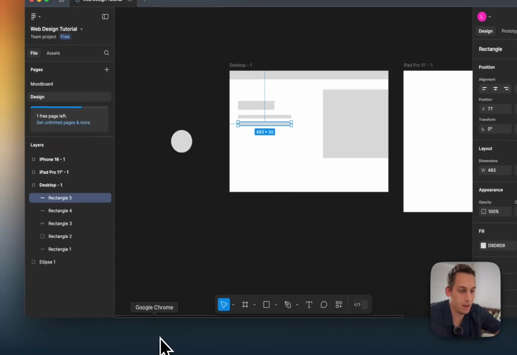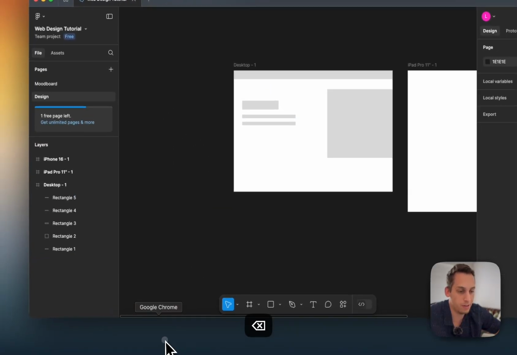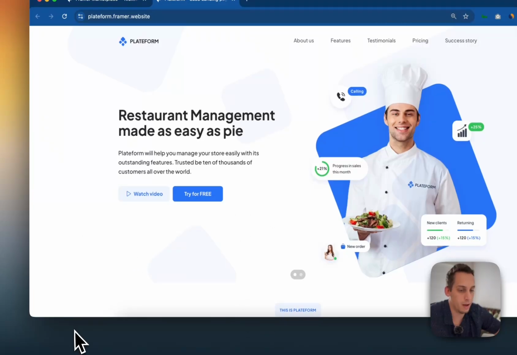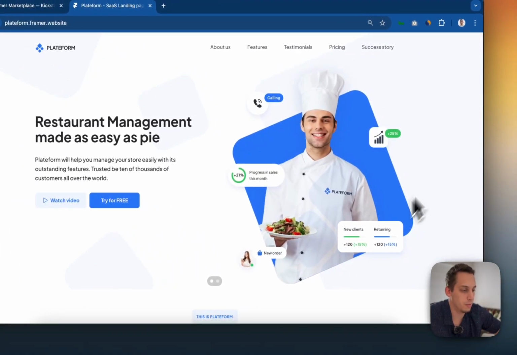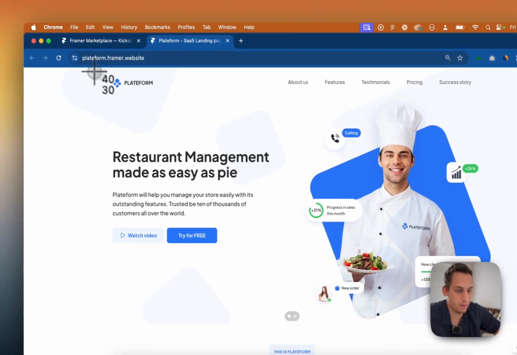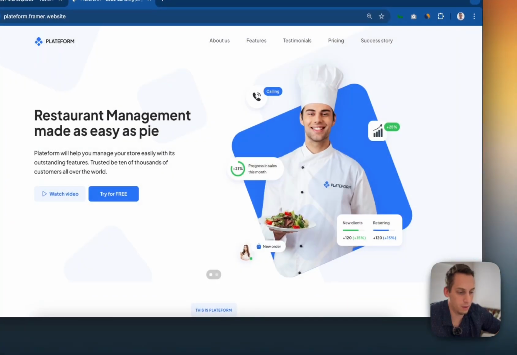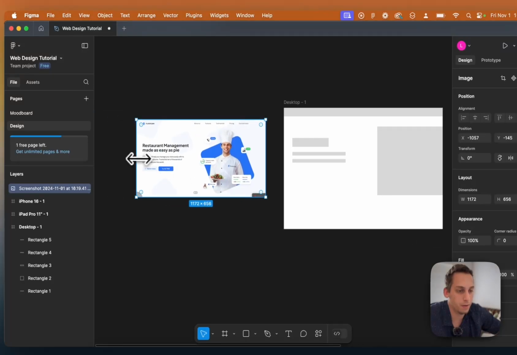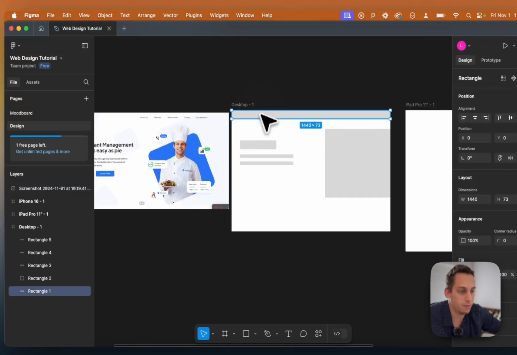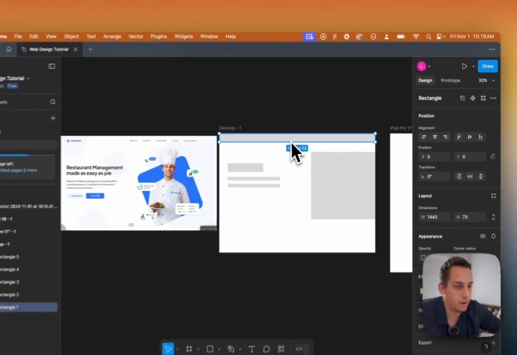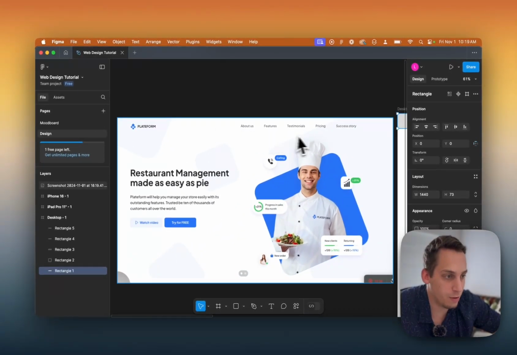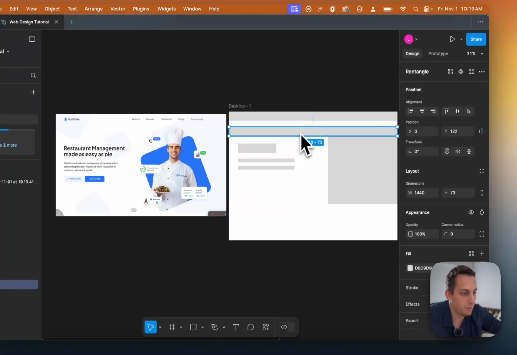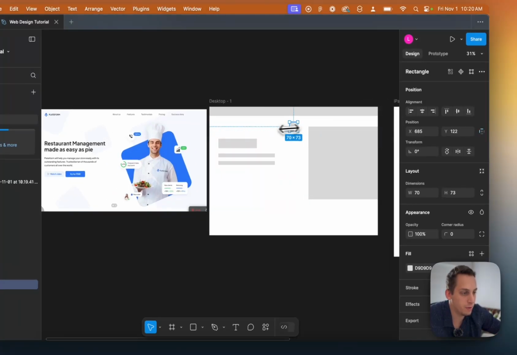So if we were to design this, let's delete the circle. If we were to design this section over here, let me hide my face. But if we were to design this, I take a screenshot, bring it back to Figma, and put it here, it would basically look like the following. So we have this top bar. It's obviously transparent, but it is a nav bar. And in this nav bar, we have